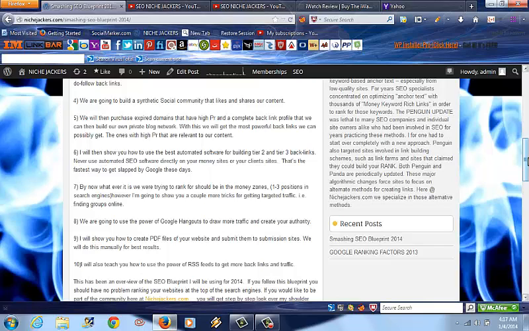Okay, basically, the blueprint we're going to follow is we're going to create a ton of videos, and I'm going to show you how to do that with a little handy tool I call Video Spin Blaster. It is basically SENuke of the video world, but it is not nearly as complicated. It's very easy to use. It's just extremely powerful. And once you see me use it in action, you are going to just love this